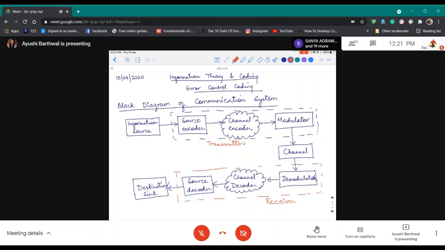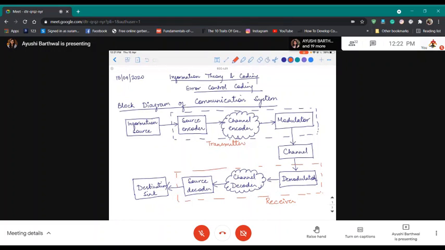So you have studied that the information source generates message signals with different probabilities. Now, based on their probabilities, what does the source encoder do? If you want to encode it into binary data, it converts the message signal into zeros and ones, and the length should be minimum so that it could occupy maximum speed and maximum efficiency. So the source encoder converts the information message signal into bits, into binary data.